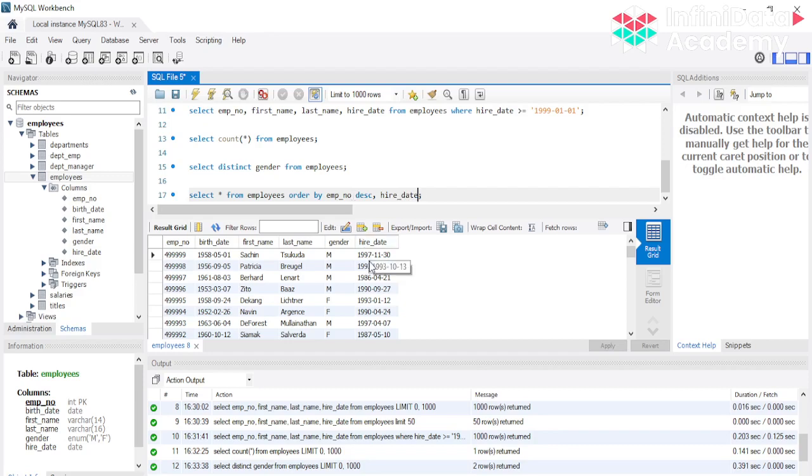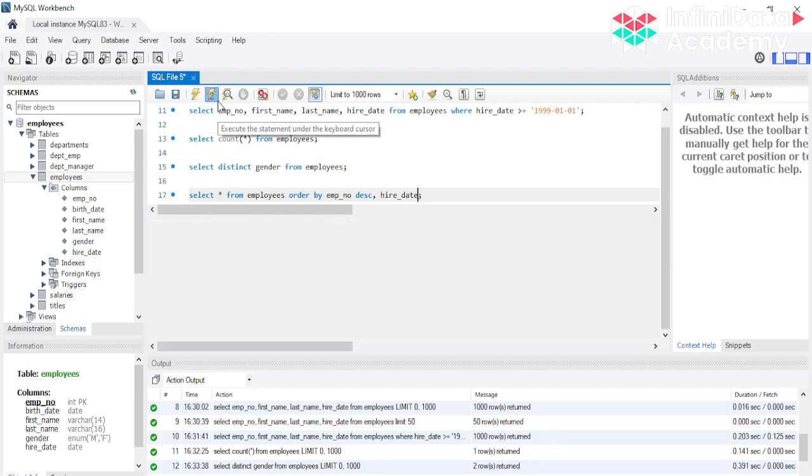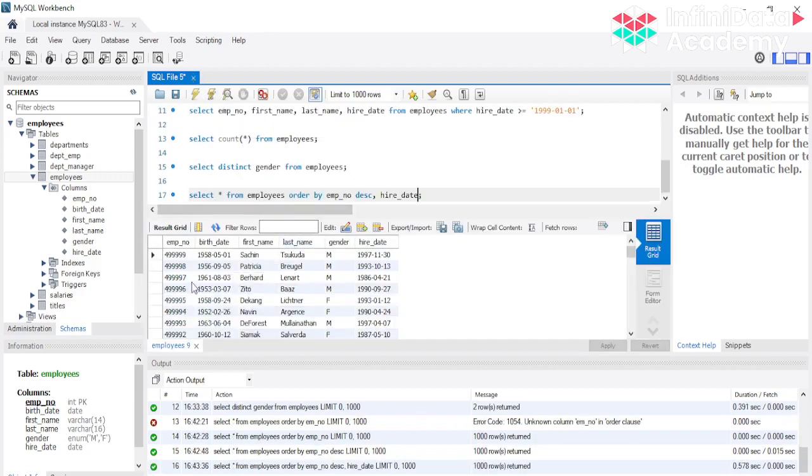Hire date in ascending. So let me run this again. So this is where firstly ये employee number के according descending में उसको sort किया है. उसके बाद it's based on the hire date, but this is not a good example because employee number is always going to be unique.